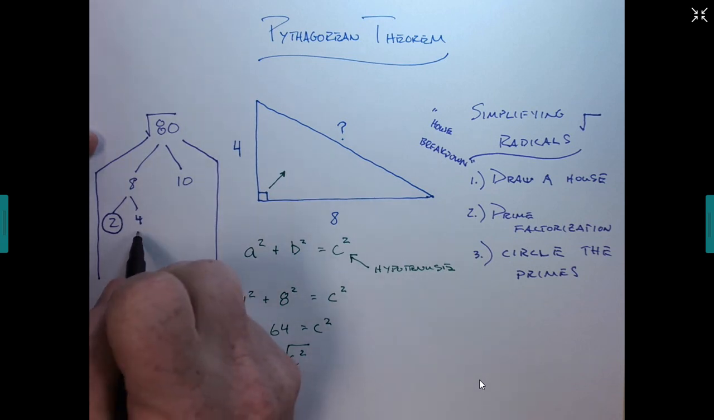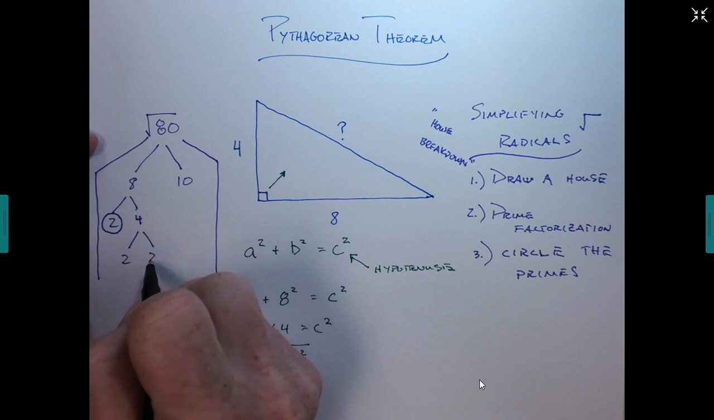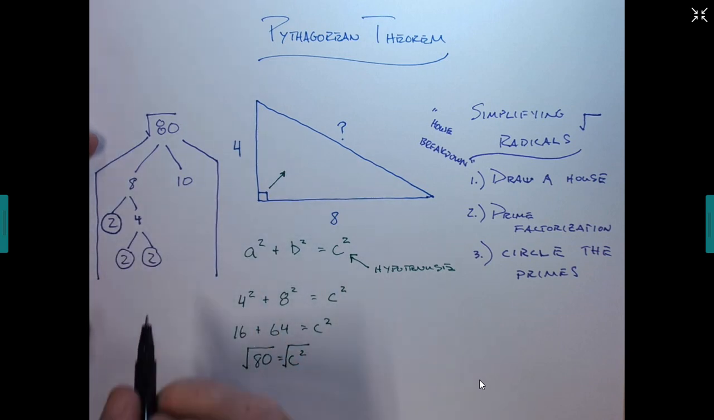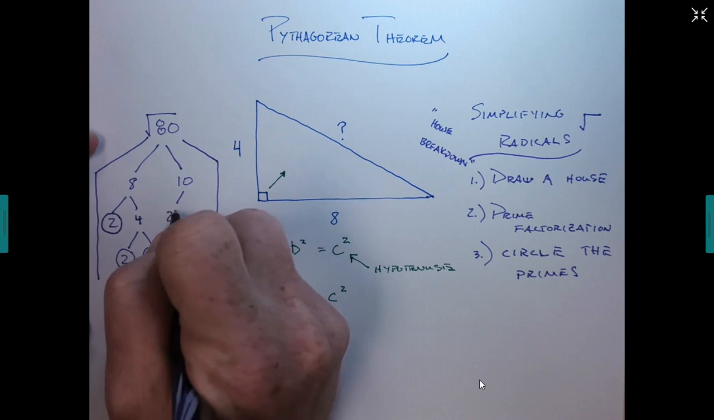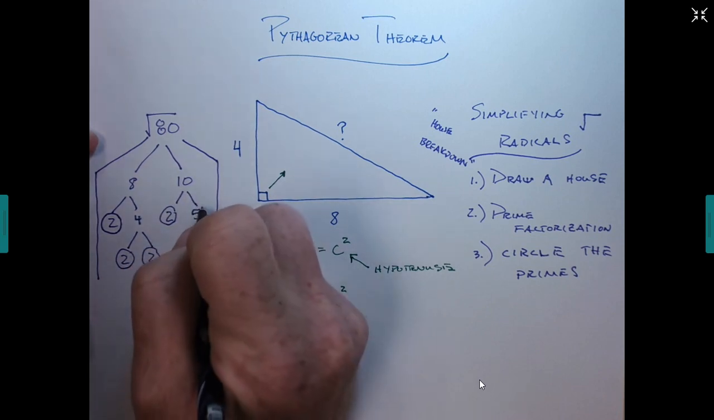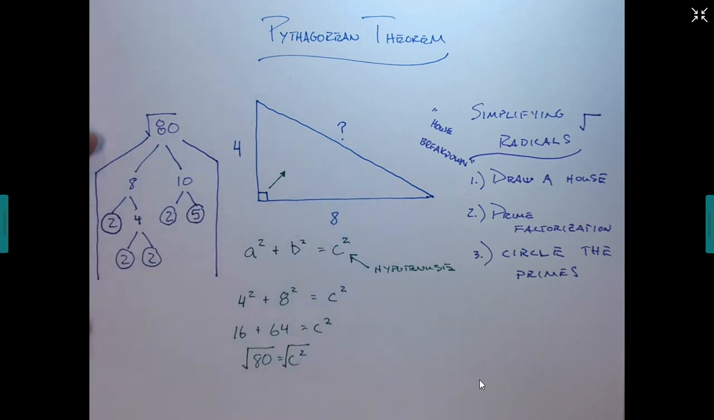4 can break down into 2 and 2. Both are prime. I don't want to lose any of these prime numbers. 10 breaks down to 2, which is prime, and 5. 5 happens to be prime also. Okay, so what we're looking at, you wouldn't have to do this, but I want you to understand that the